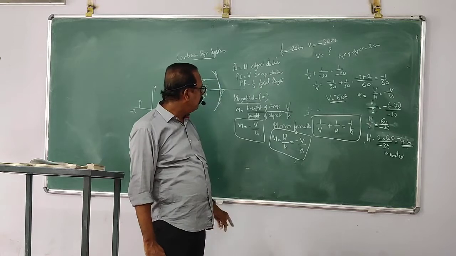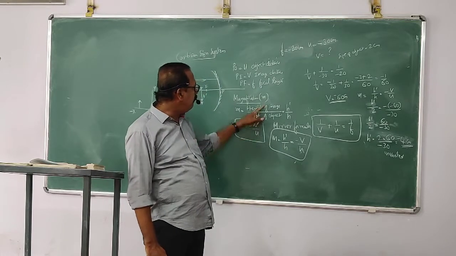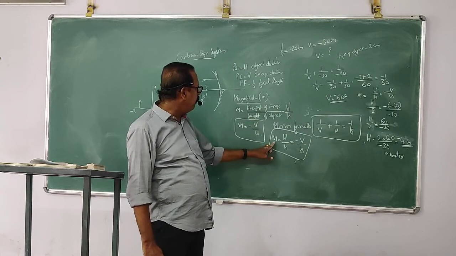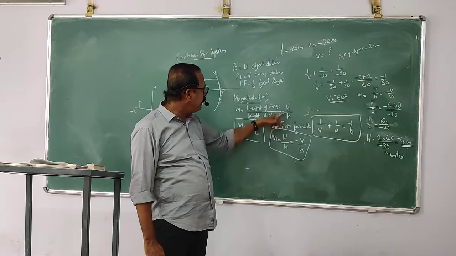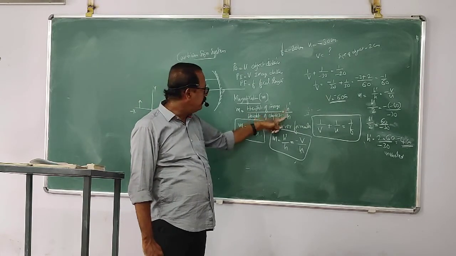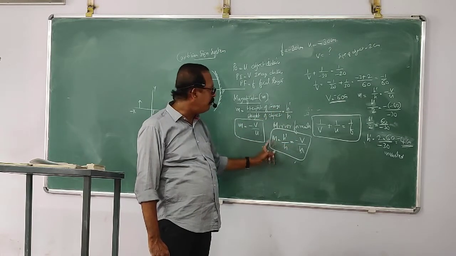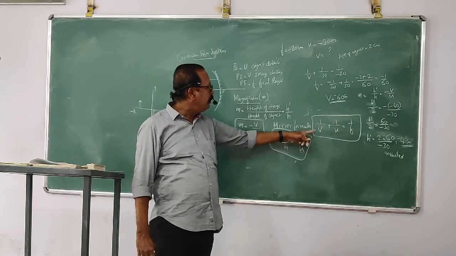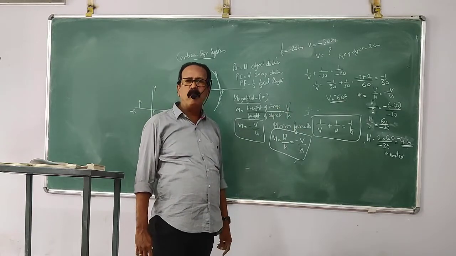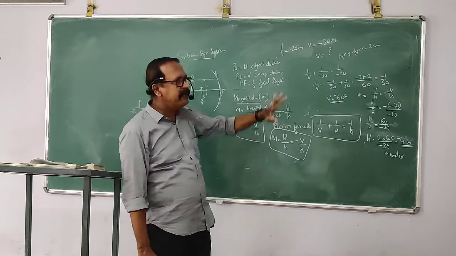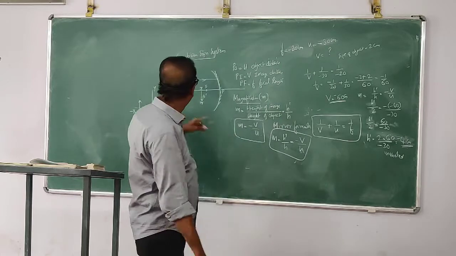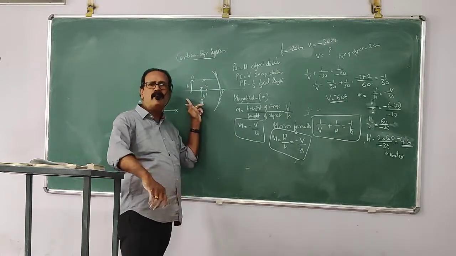Then you can combine these two formulas and write magnification m is h dash by h, where h dash is the height of the image and h is the height of the object, and it is equal to minus v by u. You can write this formula combined. Now, for doing questions and problems, we have to apply all the sign conventions. The Cartesian sign system has to be applied.